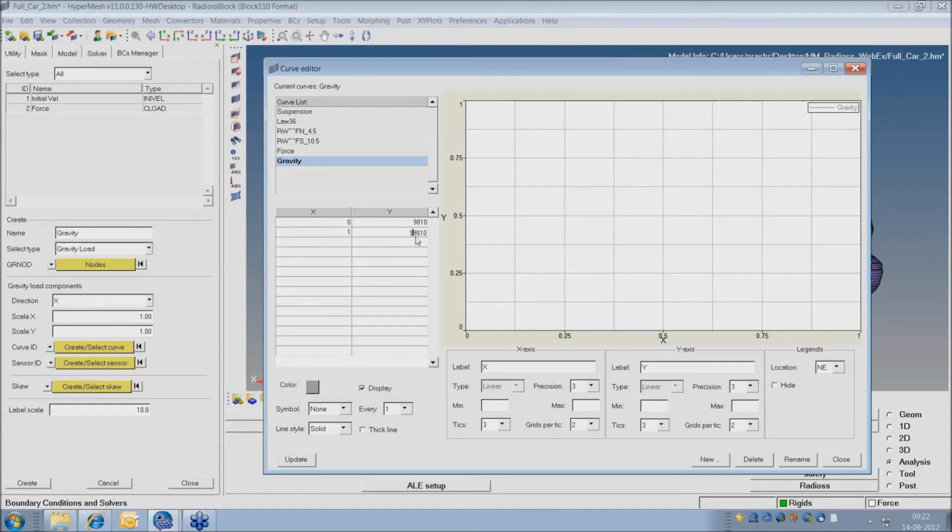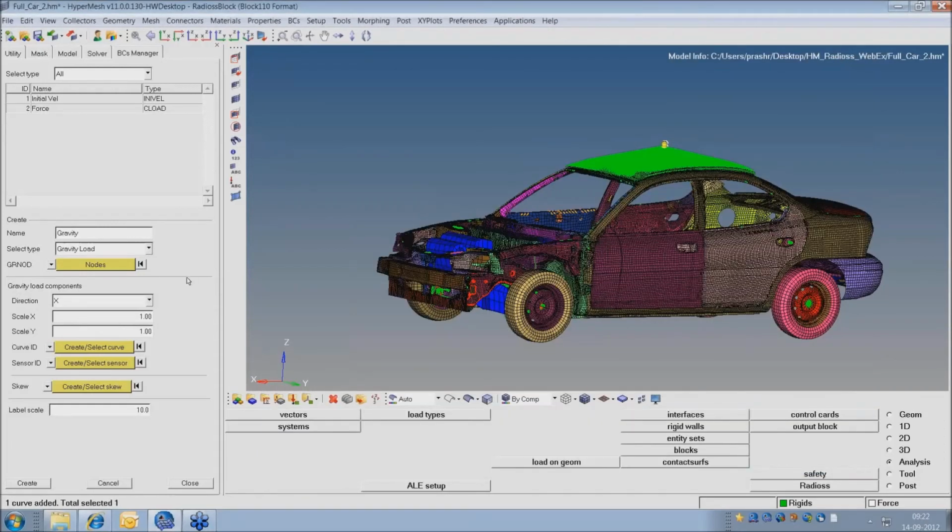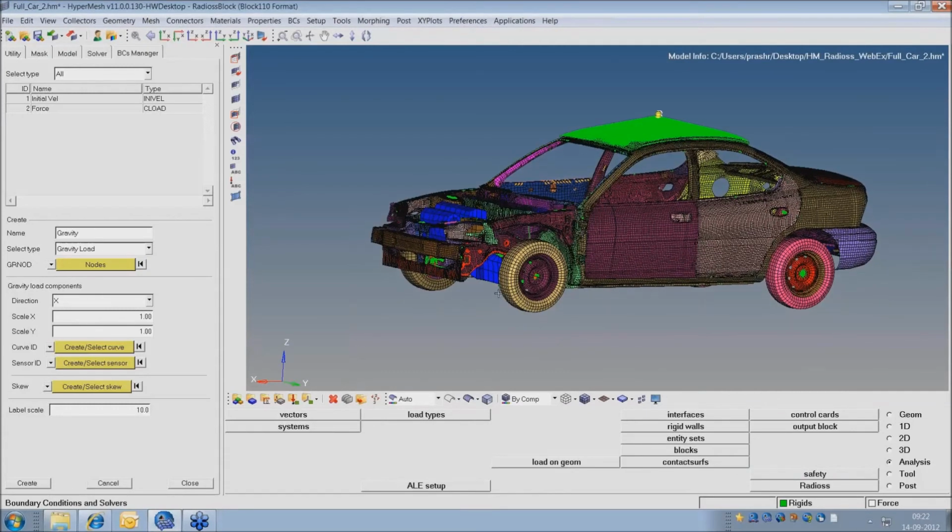Oh, I made a mistake here. Okay. So update. So just a constant function. Close. And I have already selected all the nodes, I believe. Okay, so just create. So I have the gravity loading on the entire vehicle.